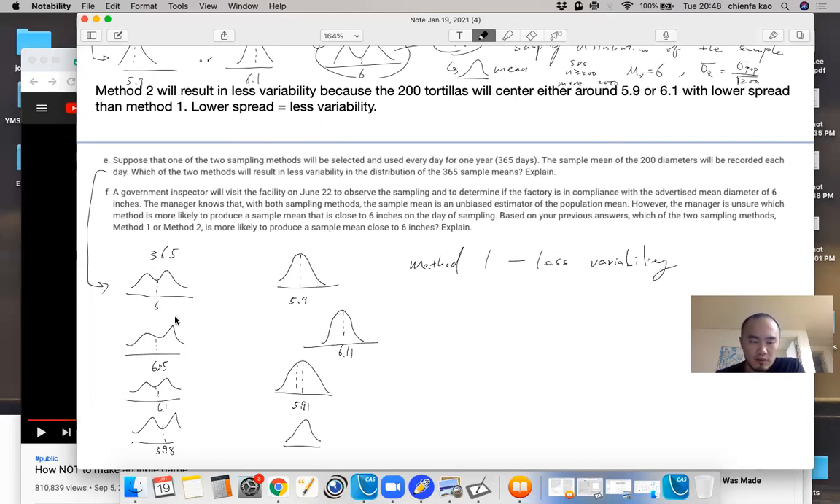Well, okay, these two, this one has less variability. In this one, you have less variability in this one. But if you combine them, they will cause more variability in the combined center. But if you select 365 days, each day, if you select 200, they will cause less variability. So this question is actually very interesting. So less variability because